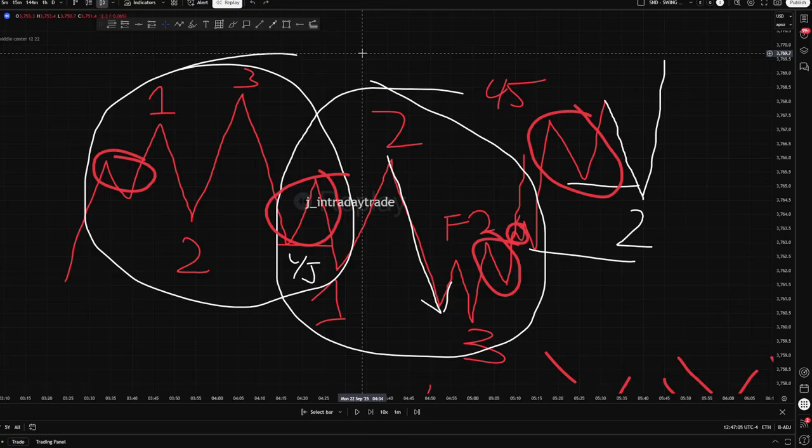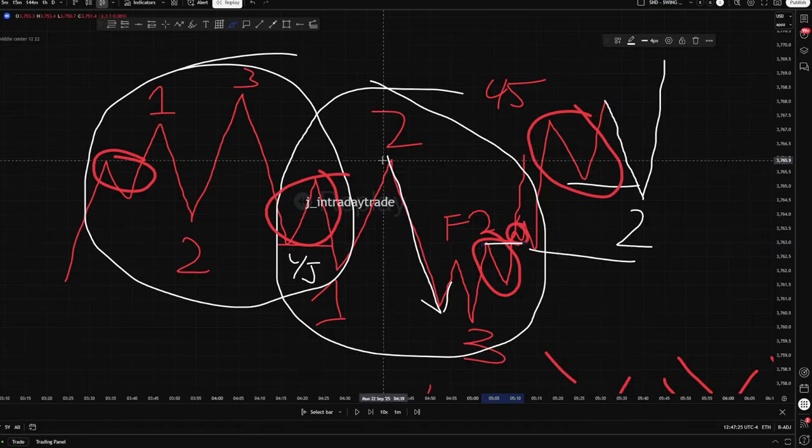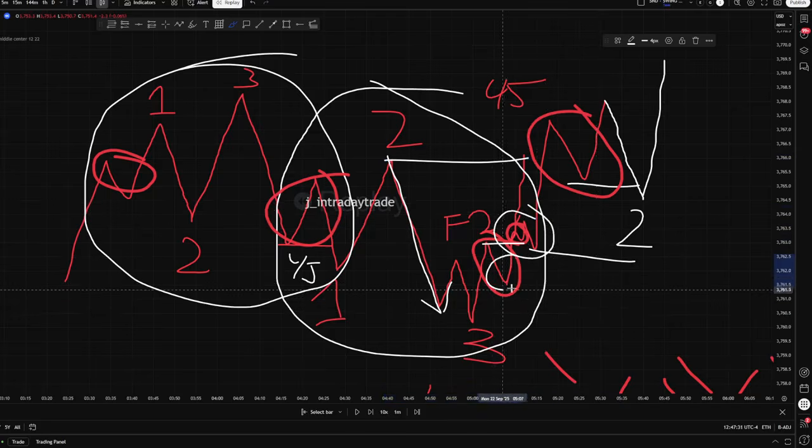Now, I know a lot of you guys have already watched this and you feel like this is old information. I promise you that the F2, for example, has not been deeply taught yet on YouTube or publicly. Because there is an F2 right here, sure. But where does it actually turn into F2? Does it actually turn into F2 here? No, not up here. So how does that incorporate? Well, we can use the smaller time frames to confirm that there's an F2 down here that we can participate in. So there's multiple things that we're going to add on to this, but I need to make sure that everybody is on the same page when it comes to understanding the sequences.